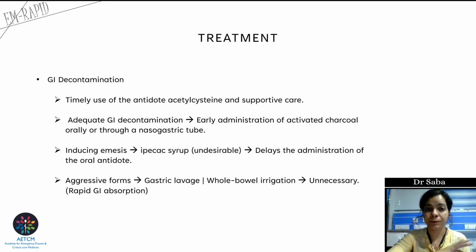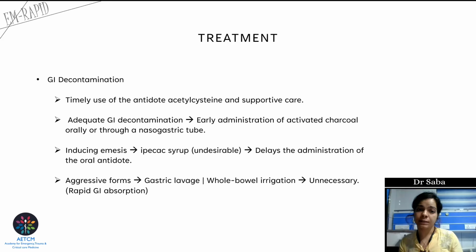So this will bring us to the last entity of it. That is, how are we going to go about this whole thing? How are we going to treat the patient who's presented to us with paracetamol poisoning? So in this, it majorly comprises of two things. One is GI decontamination, and the second is early administration of antidote, that is N-acetylcysteine. And we symptomatically provide treatment for the clinical features the patient has come up with. We symptomatically and supportively provide care.